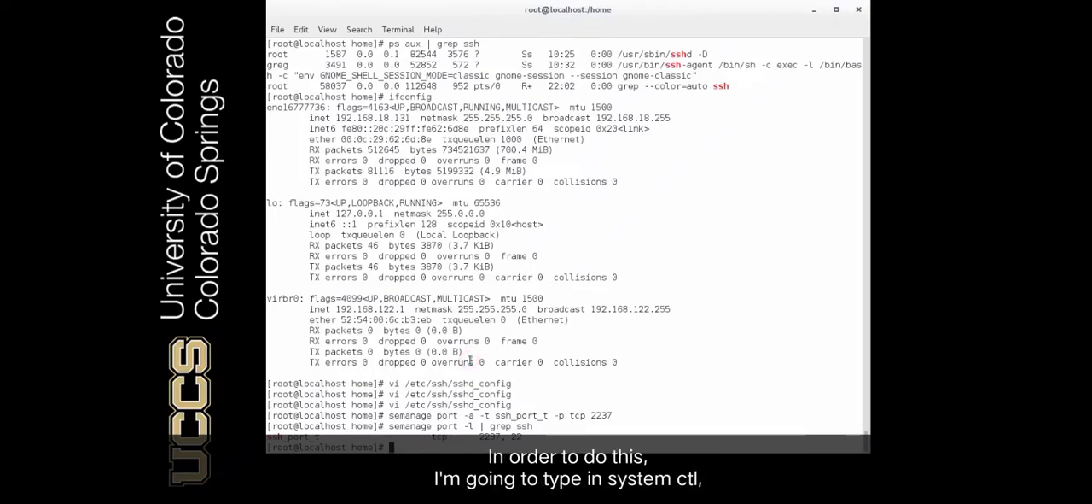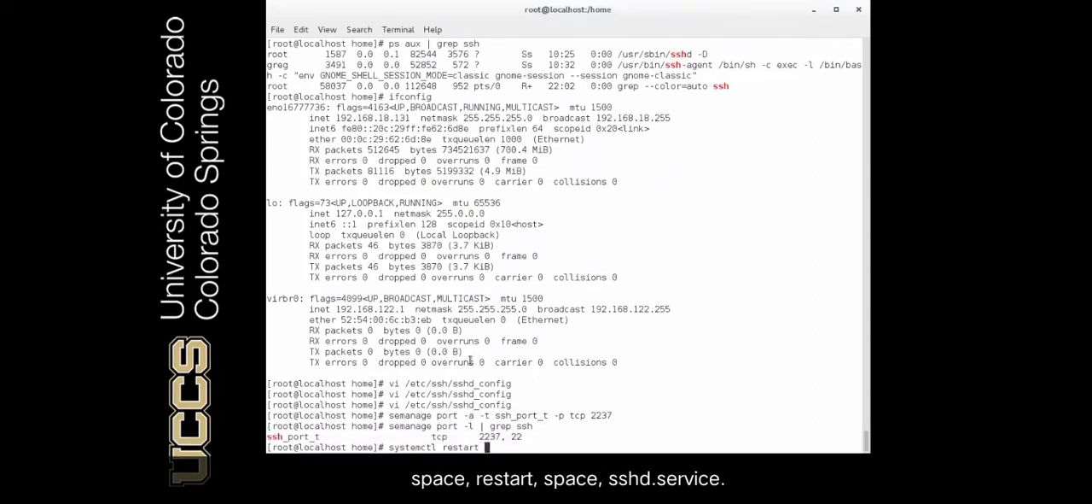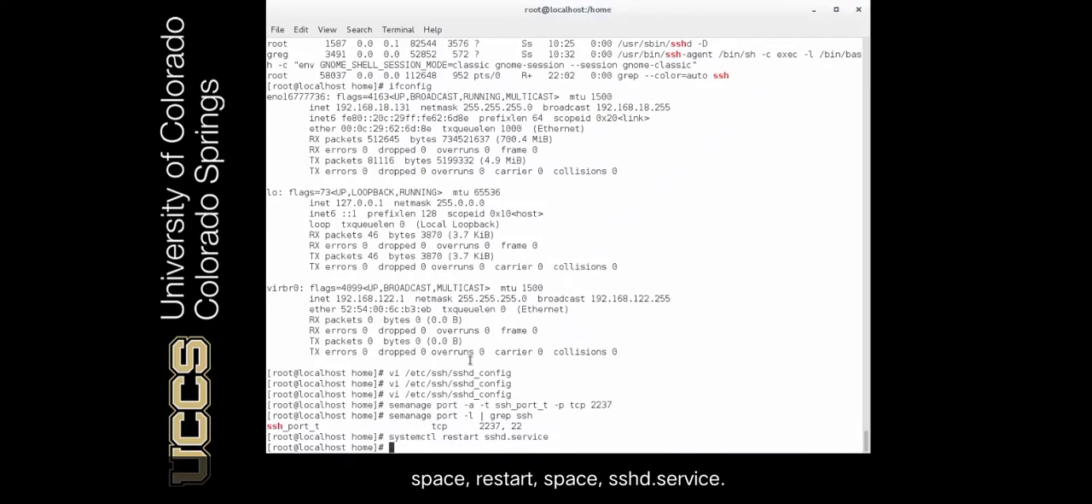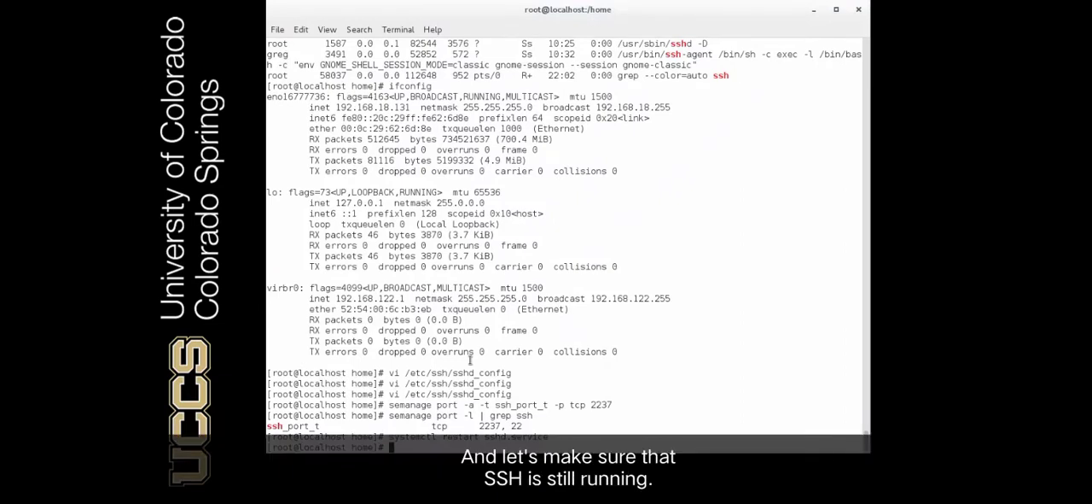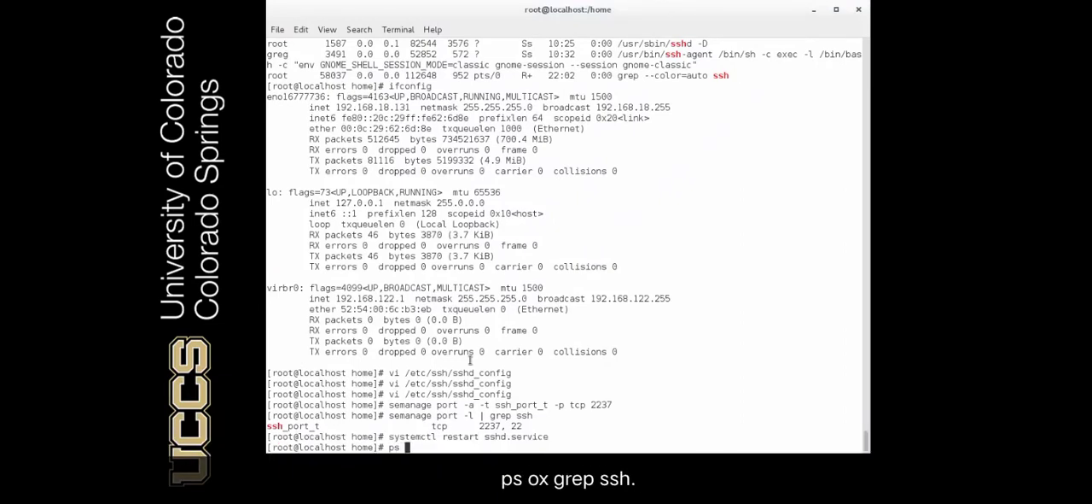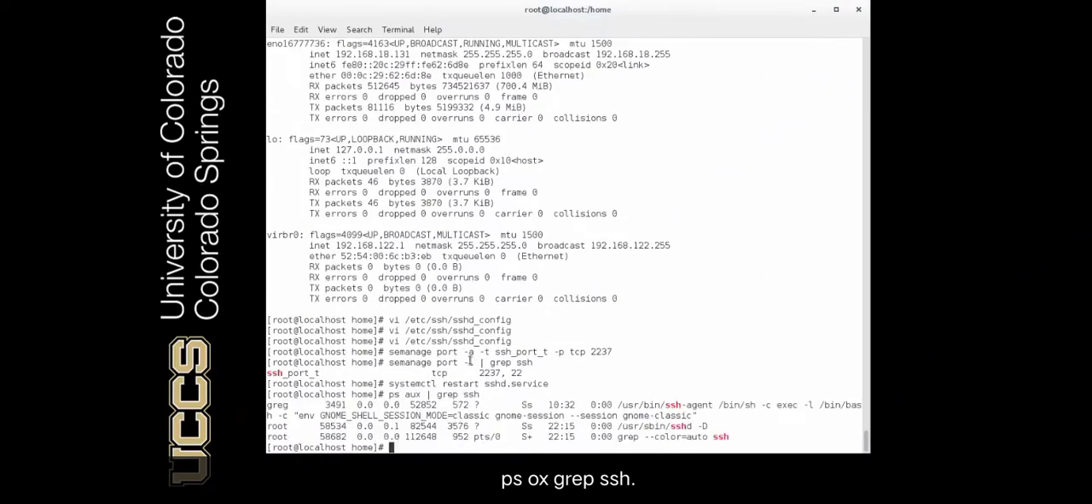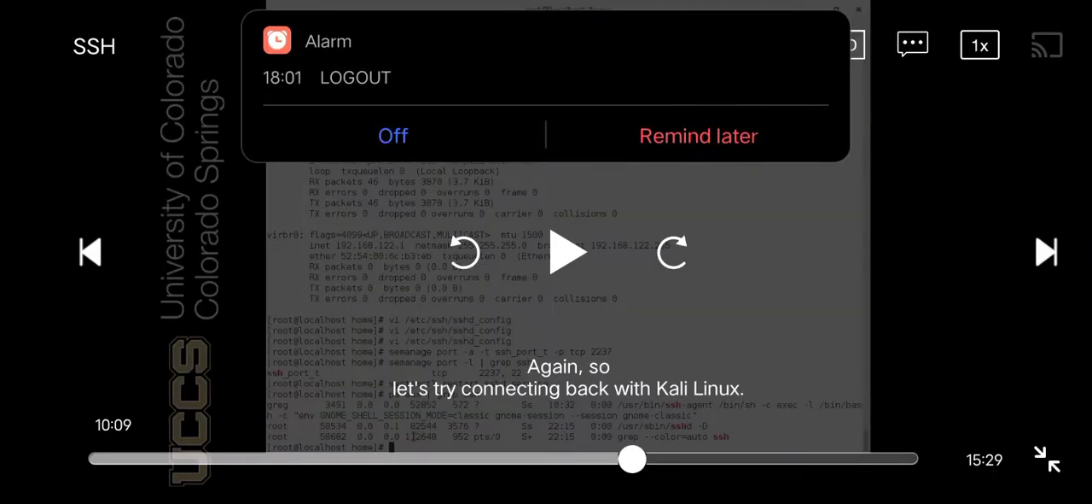In order to do this, I'm going to type in systemctl restart sshd.service. And let's make sure that SSH is still running. ps aux | grep ssh. Okay, it's running again. So let's try